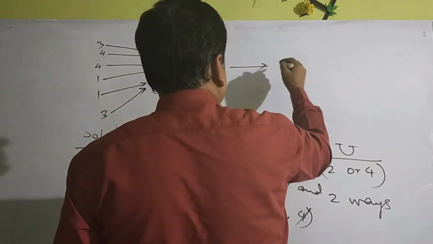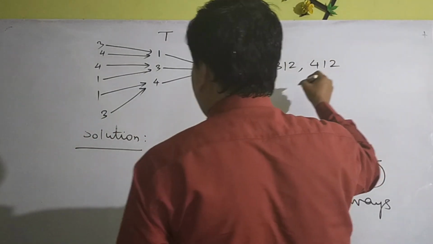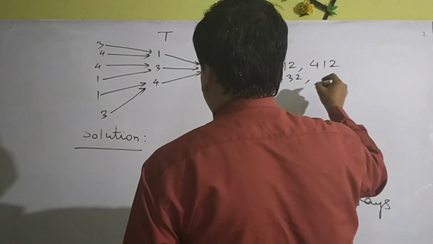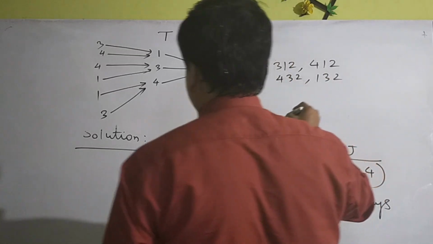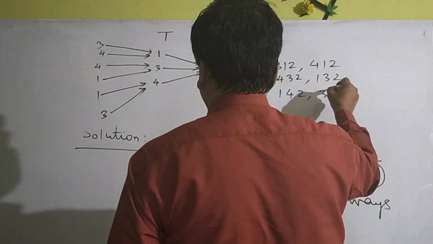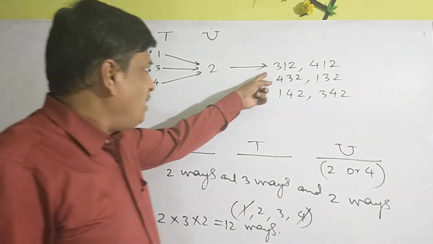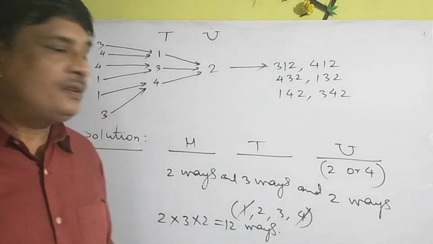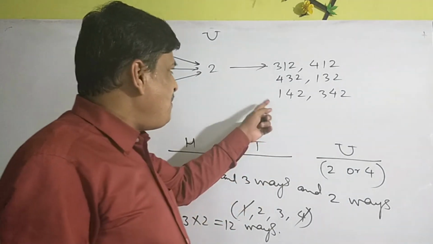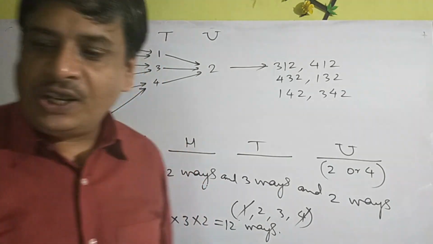312, 412, 432, 132, 142, 342. So when unit place is 2, these are 6 even numbers having different digits. When we take unit place 4 in the similar way,